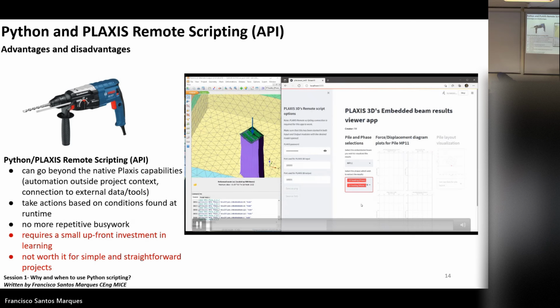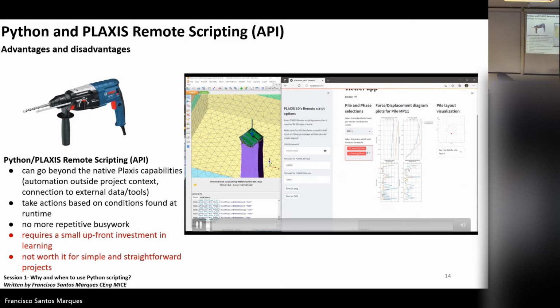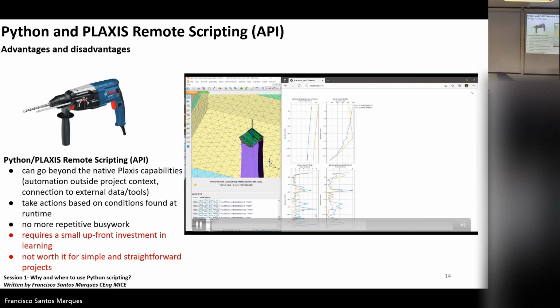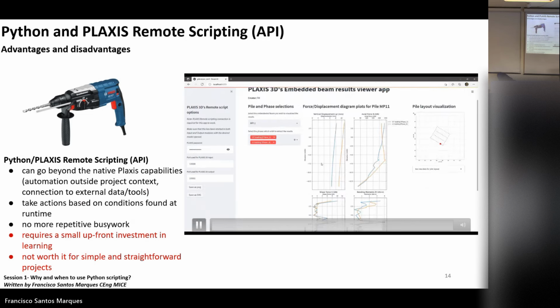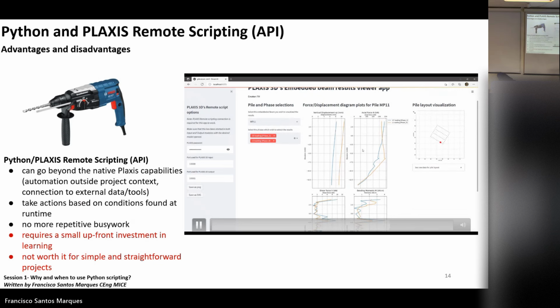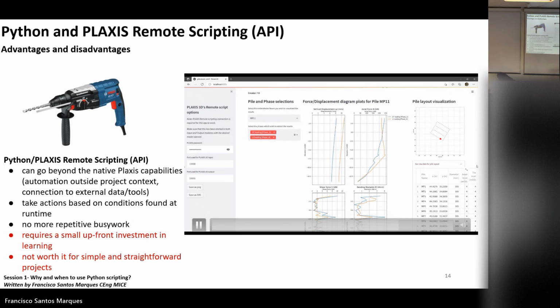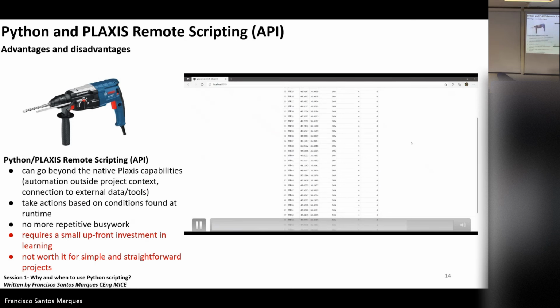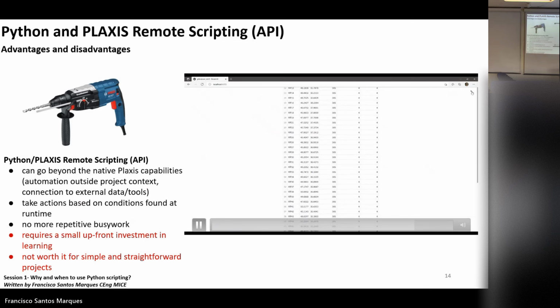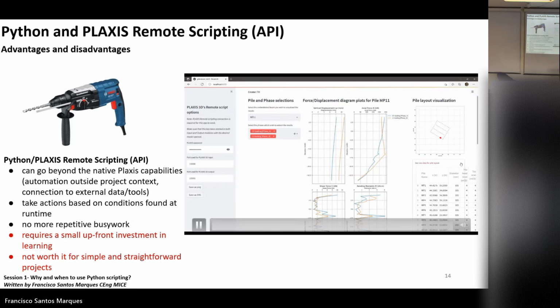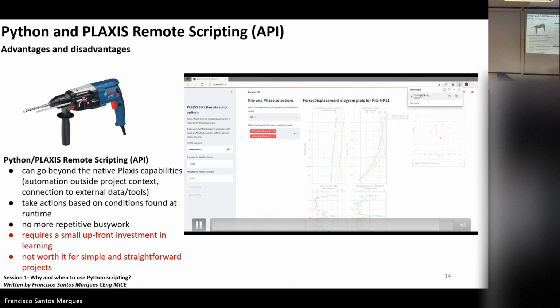And why is this important? Because in Plaxis, if you want to extract results, you have to go one by one. You cannot say, extract all the results and save in Excel. No, if you want to extract results manually in Plaxis for piles, let's say embedded beams, you have to go to one embedded beam at a time. But if you really need to extract results for all the piles, and you want to plot not only the results on one phase, but for different phases and compare the plots, you can already imagine how much time you're going to spend doing that manually.